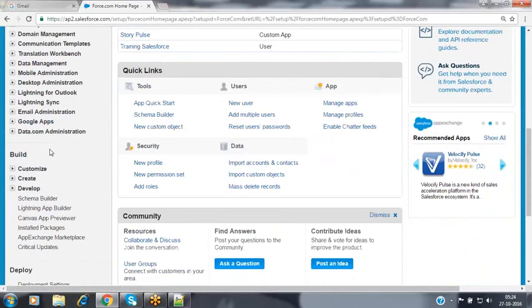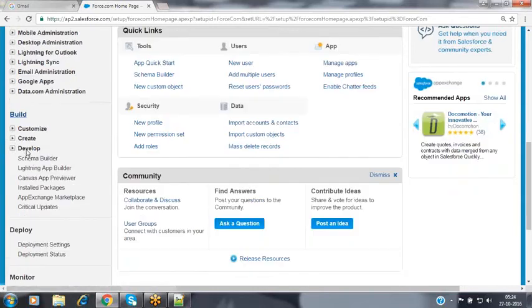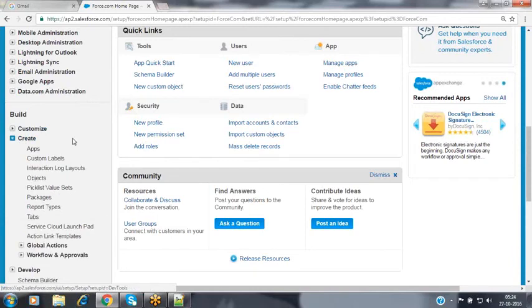Now go to Build, because I want to develop something new. What is that? An object. Do you want to write any code? No. I want to create something new without writing any programming, without using any code. So go to the Build menu. I want to build something new, a new feature. I would like to add this new feature to my Salesforce instance where I don't want to use any programming language. So go to the Create option and expand it.